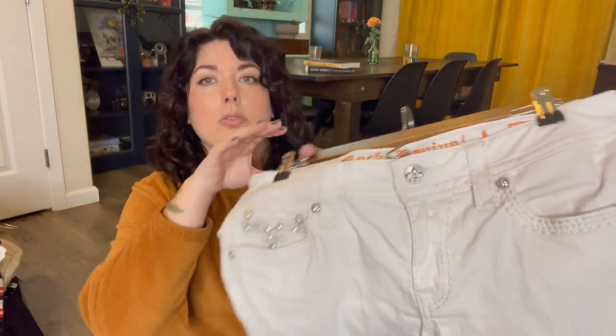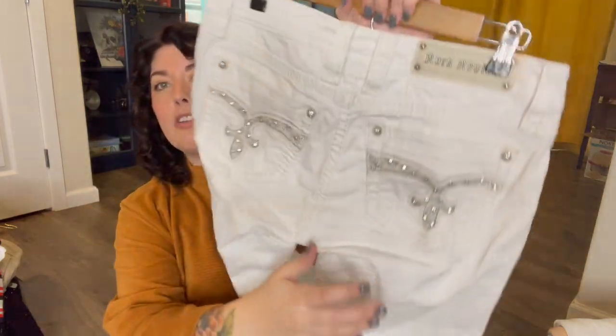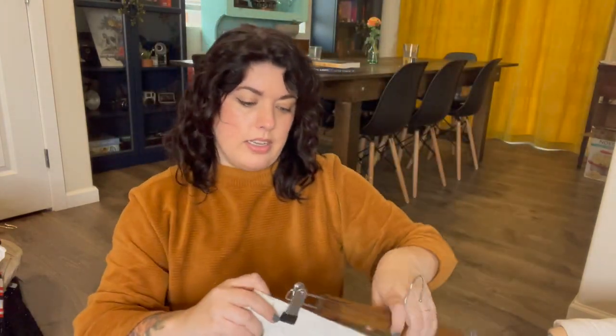I think I just look over it because it's just not my style. But when I stopped to look up comps, I wasn't disappointed. In fact, I was a little surprised. This is Rock Revival, and they're mostly known for their embellishments, especially on the back pockets. So these are the, let's see here,